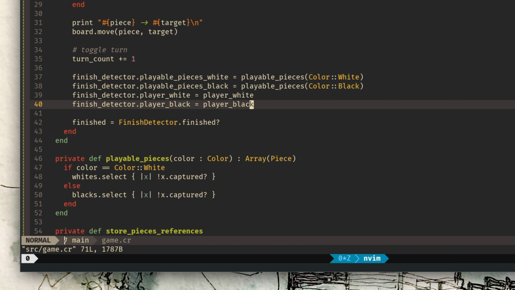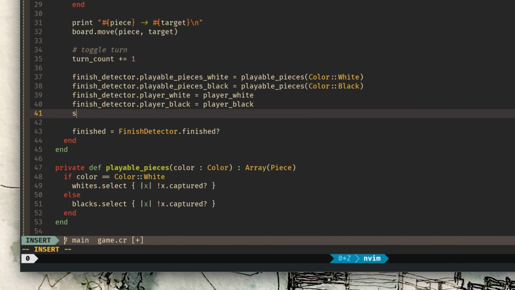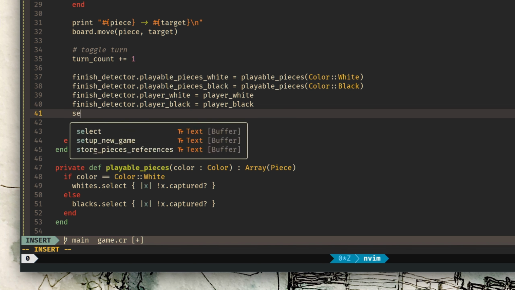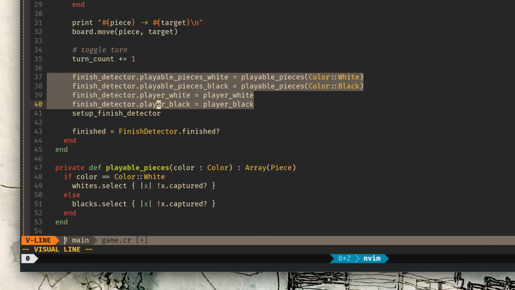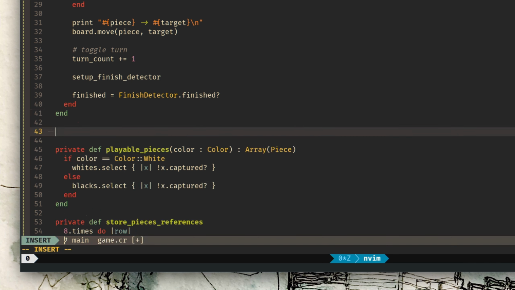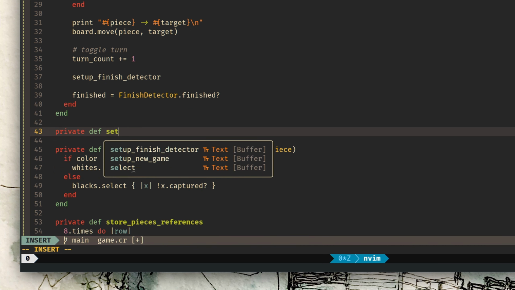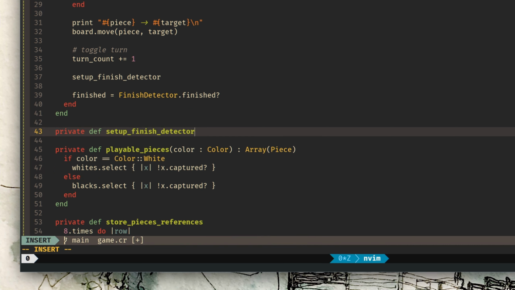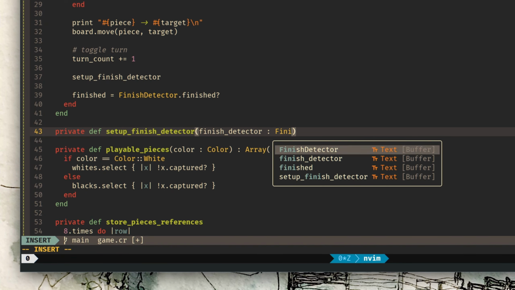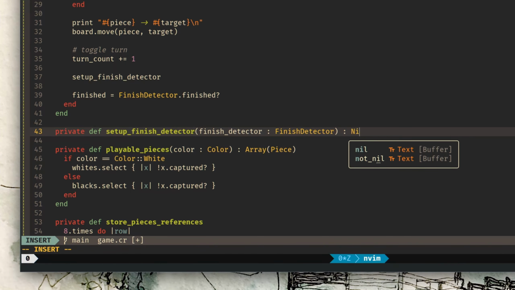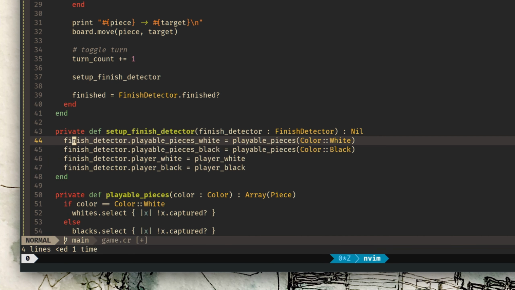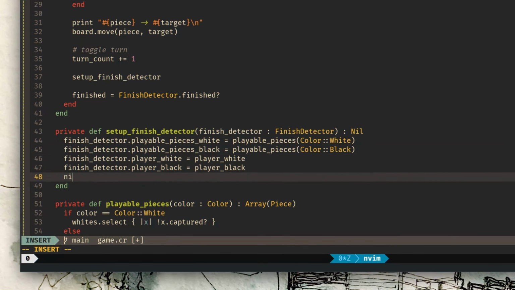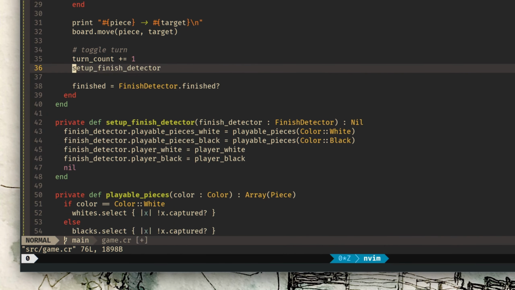And I think that I'm going to move all this code to a private method. So I'm going to call it setup finish detector, and I'm going to move all of this into a new private method, setup finish detector. This will receive an instance of finish detector. Okay, and